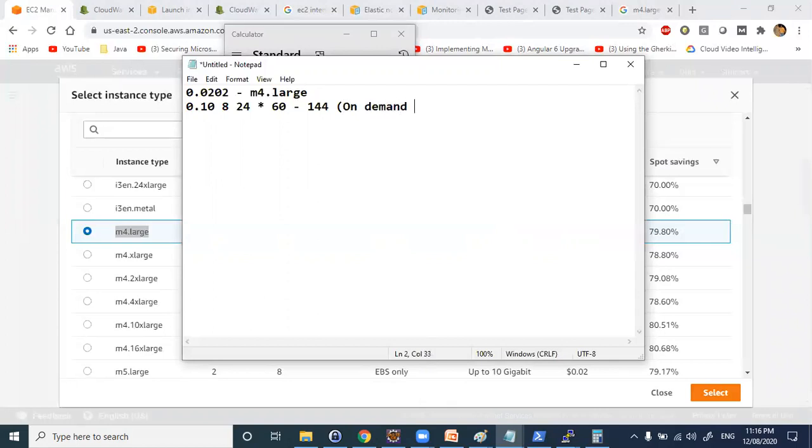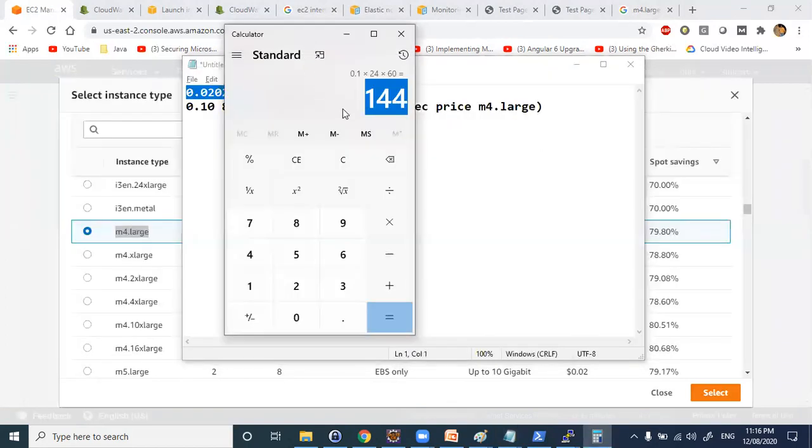So this is the on demand EC2 price for M4.large. Now, the same instance with the same configuration, if you take it as a spot instance, into 24 into 30, so $14 is your cost.